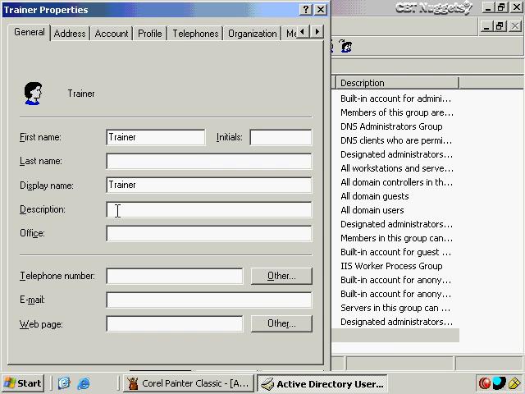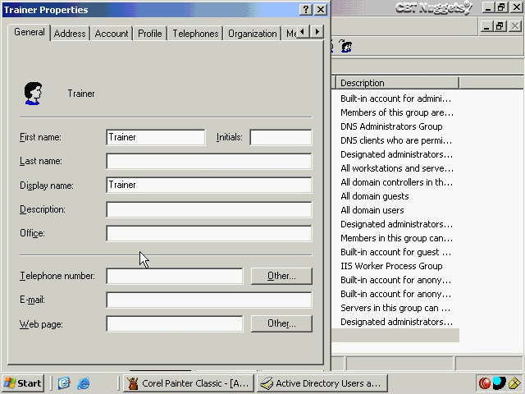Well, what makes it extensible then? You see, I can add additional things into this. So the fact that this is extensible can allow me to add additional information in here. For example, if I clicked through all of these things, we wouldn't see anything that included information about an employee ID number, or an employee ID badge number, or a social security number. If we needed to include that information in there, then I could add in an additional attribute into this user